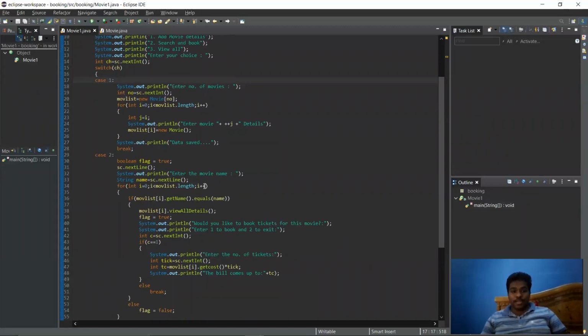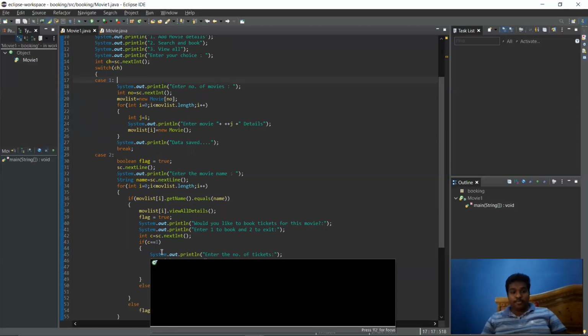And after that, I've used a for loop for iteration. And after that, I've used a print statement for booking a ticket, that is, would you like to book a ticket for this movie. If you want, then press 1, and if you want to exit, then press 2.